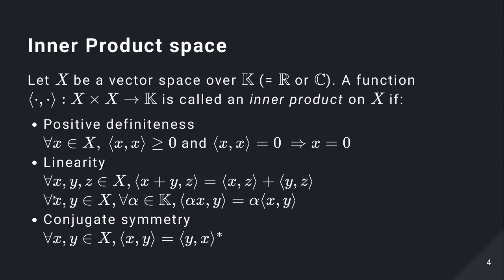So, for instance, if you take the scalar out of the second argument, the inner product of x with alpha y is equal to alpha complex conjugate times the inner product of x and y. So it's easy to forget if you're only dealing with real vector spaces, but in complex vector spaces, which are technically more general, you can get easily tripped up by that. So these are the axioms, and